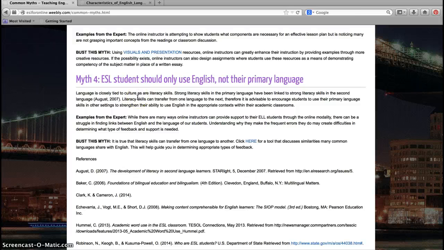Whenever students have an opportunity to converse in their primary language, it strengthens their literacy skills in that language. Literacy skills are transferable from one language to the other. There are many commonalities between the English language and other languages, and if you click right here, you will find a very useful tool that outlines some of these similarities, and you can use this as another way of supporting